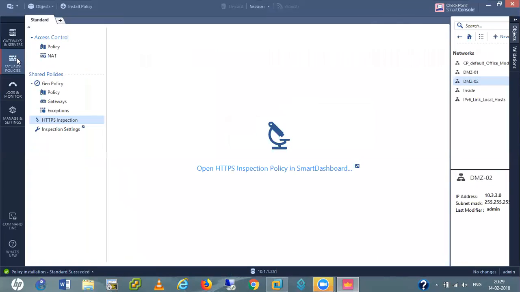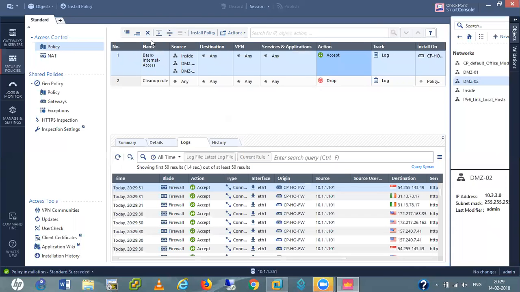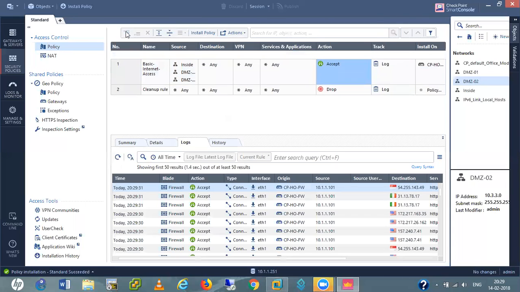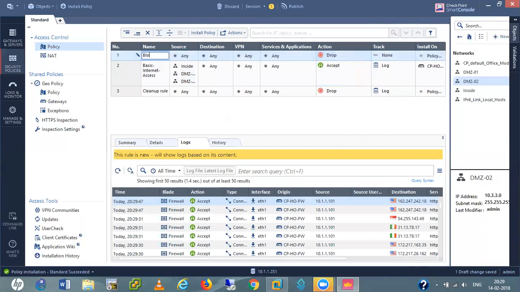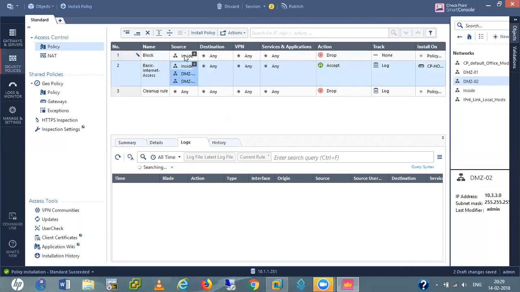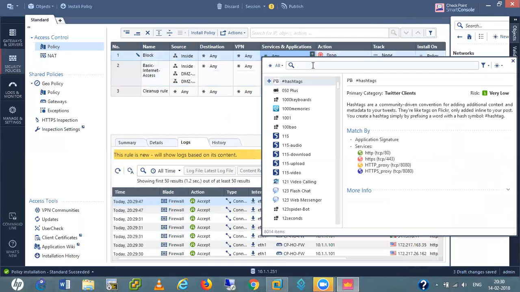Okay, let me also write some policies. Inside, any application in categories.